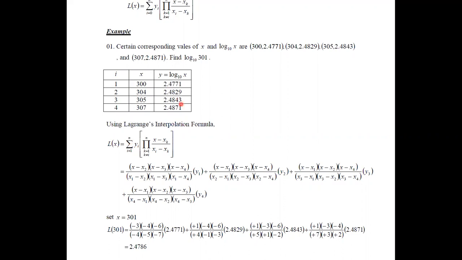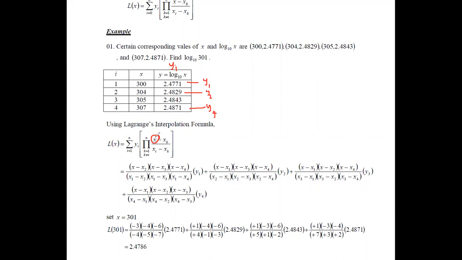Therefore, starting from 1 to 4, the value of i is going on, and then the yi's are the values that you can see here. If you see these values, this would be y1, then this would be y2. Likewise, this would be y4. These are the yi values we can see in this column. Then we need to identify the value for x here. Since we are still obtaining a formula, this can still be kept as x.